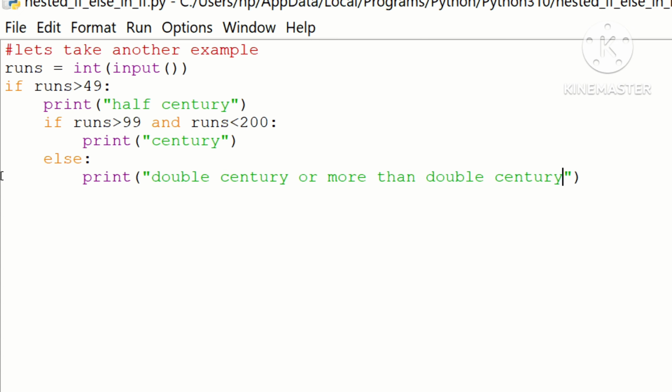Next, 201 less than 200. No, it is false. Finally, it will check true and false. Guess what it is? The condition is false. It will not execute the nested if block. Next, it automatically goes to the else block and executes the print function, that is double century or more than double century,